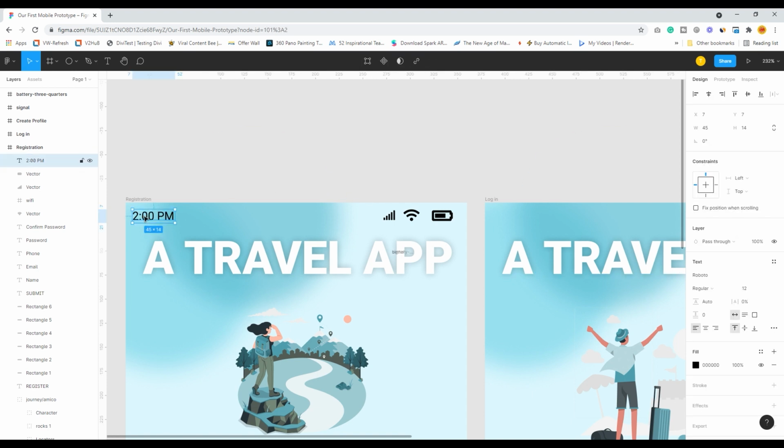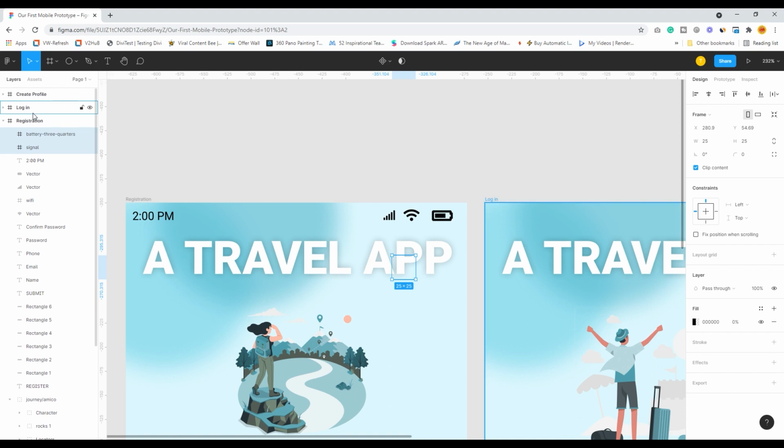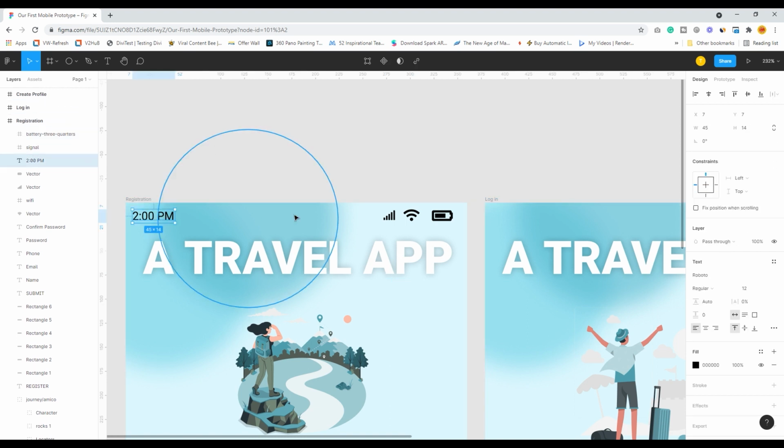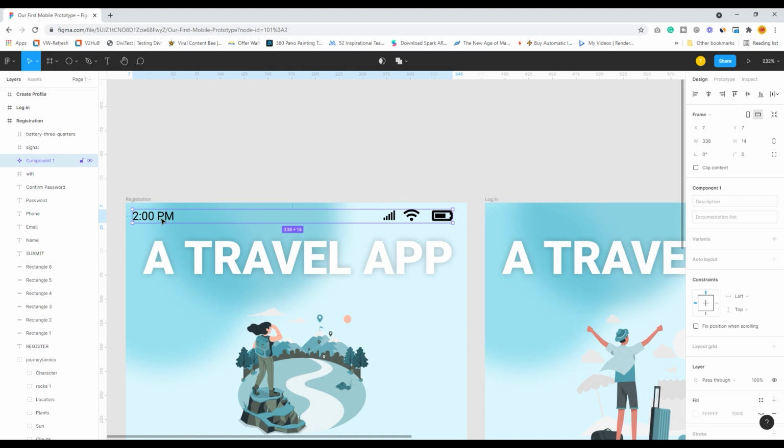Yeah. So I want to reuse this, so I would rather want it to be a component that is throughout all the screens. So I click all of them together and I create a component. See, now this has become a component. It is denoted in purple color and shows an icon that it is a component.